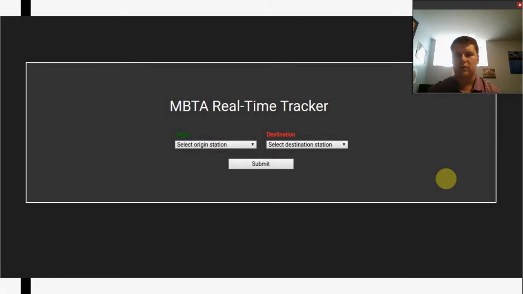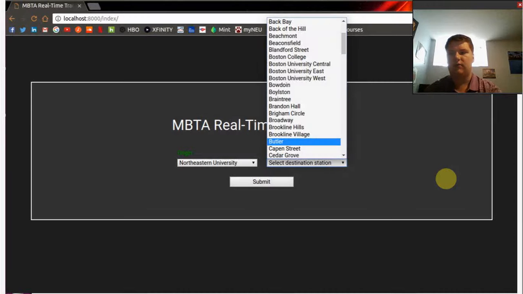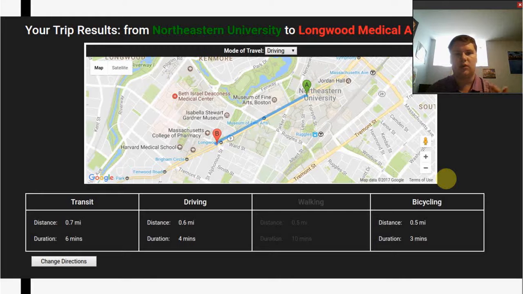So the homepage, when I run the server and load up the page, this is what you see. It's a very simple user interface where the user just clicks from the drop downs and selects the origin and destination. As you can see, origin is in green and destination is in red. This will be explained on the next page, why I chose to do this. Every single station on the MBTA, bus, train, whatever, is listed here, and you can choose origin, destination, just click submit, and then quickly this next page will load where you'll see your trip results